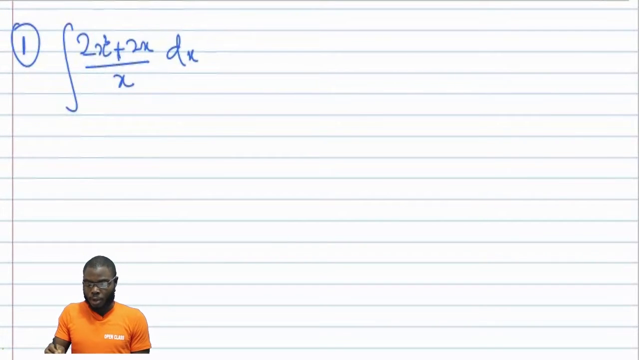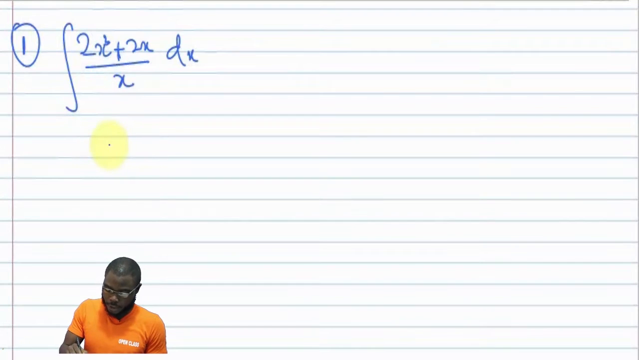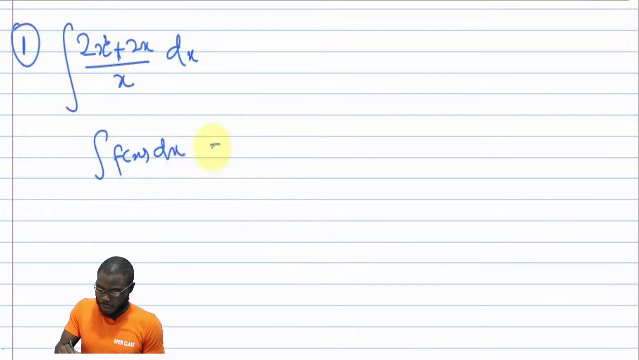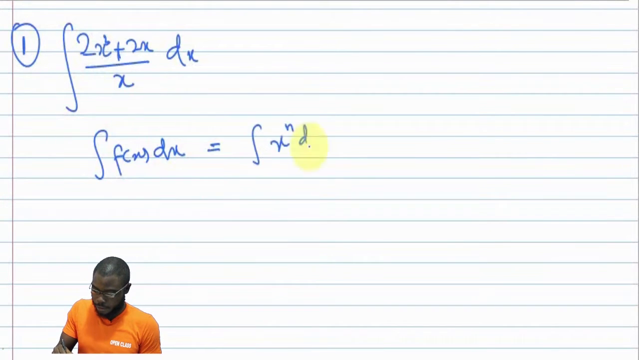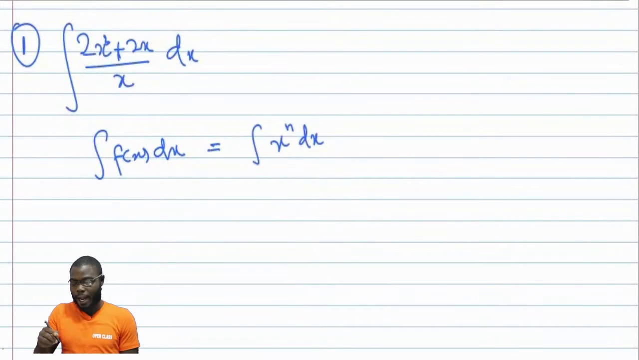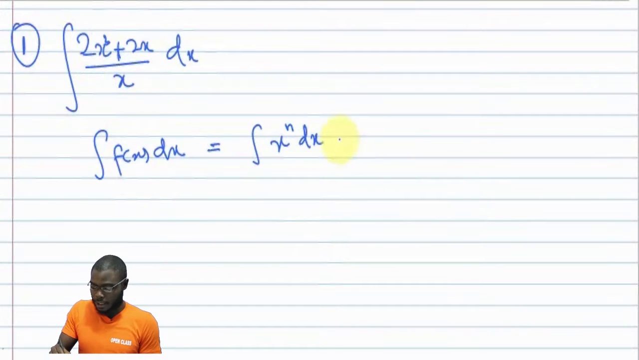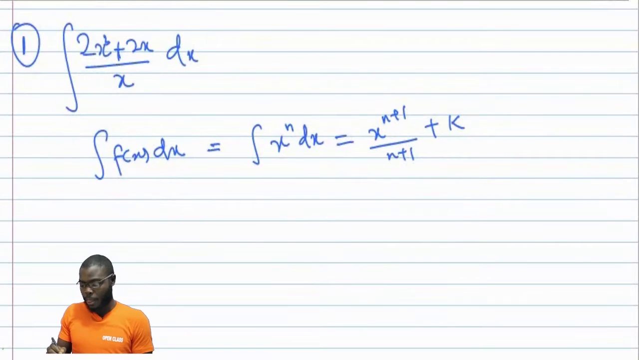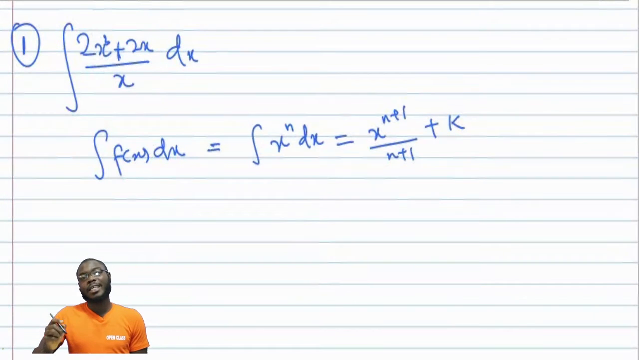to solving this question. So you know that in integration, if you have what we call a function of x dx, which is something like, let's say we have x raised to power n, and then we are integrating this with respect to x, where n is the power of x. This is equal to x raised to power n plus 1 over n plus 1 plus a constant k. Remember that integration is the opposite of differentiation. It is what we call